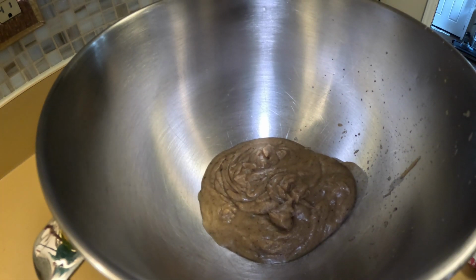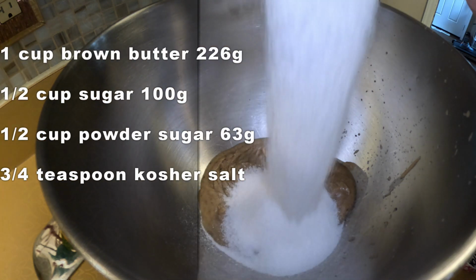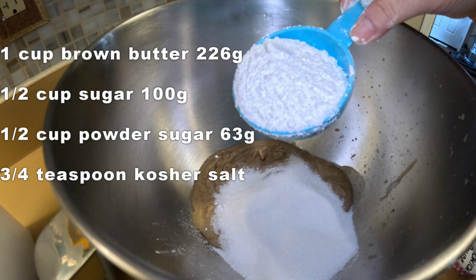Pecan Sandy brown butter salt. I like to put my salt in when I'm creaming the butter and sugar together, so make sure that it's incorporated nicely. Now sugar, powdered sugar,